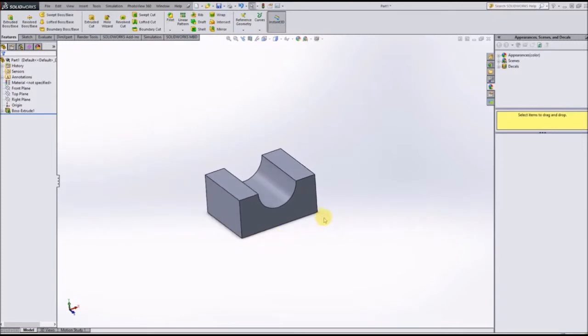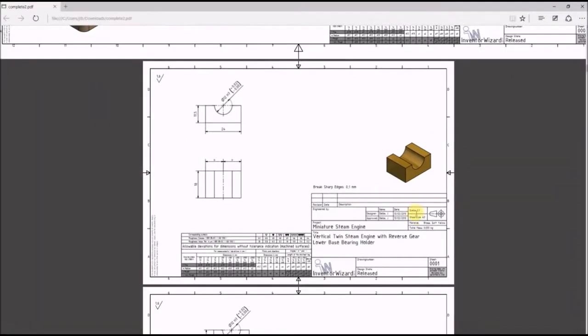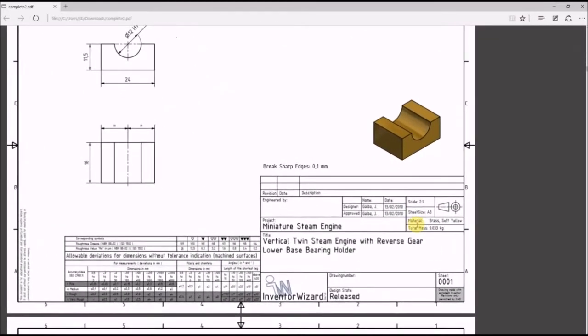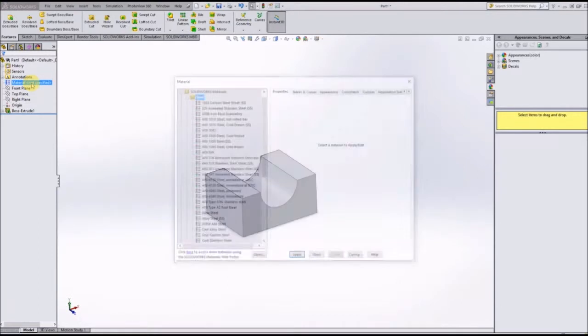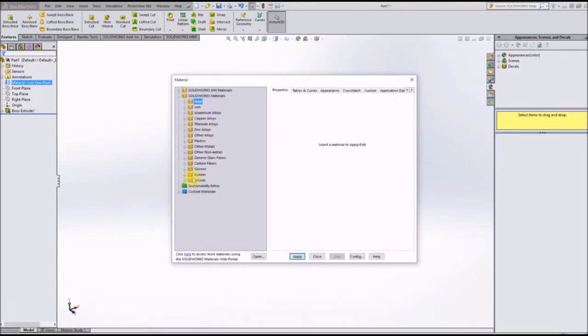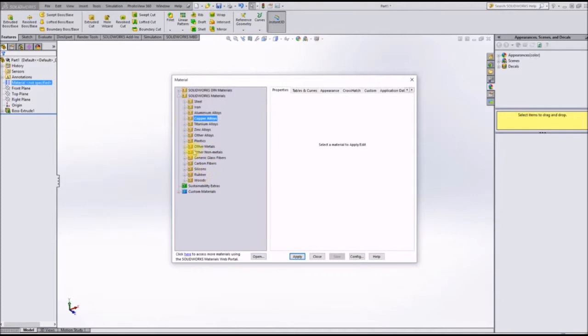Just to get everything accurate to the drawing, if you look over here, the part looks right. If you'll notice down here in the bottom right, they give us a material section. It tells us that it is made of soft yellow brass. So come up here to our materials, right click that, click edit material, and we're going to have to look through. It might be under copper alloys. No, it will probably be under other metals. So if we come under other metals,